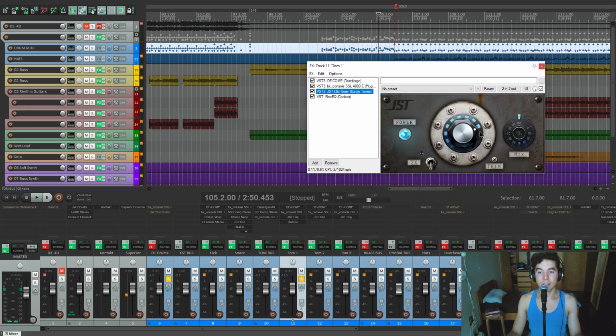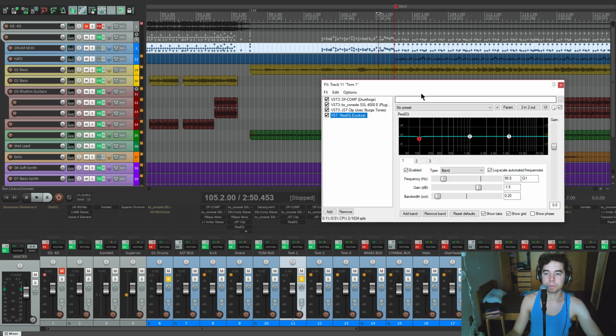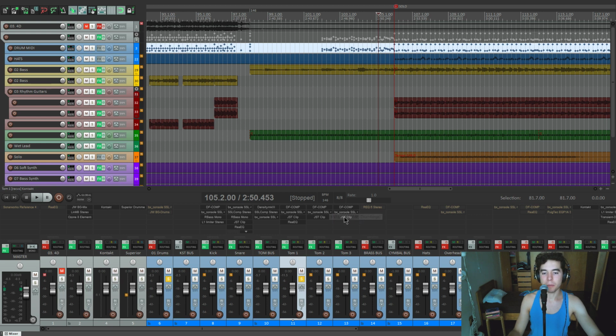Much like the snare, a clipper, but this time at a very high volume. What this does is it helps the stick attack become even louder and even more distorted, and boosts the low end of the tom into the stick attack. This EQ is just correcting a little ring this tom has at 95 Hertz. Sounded a bit too boomy. Every tom has a similar chain, and then on the tom bus,